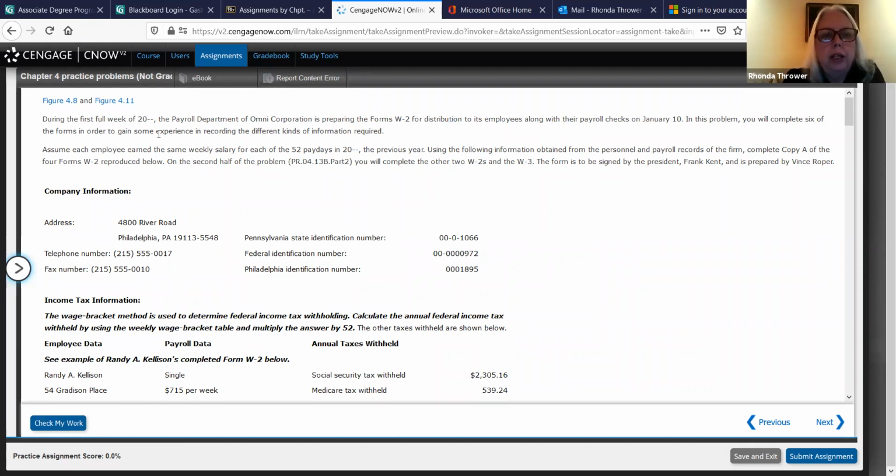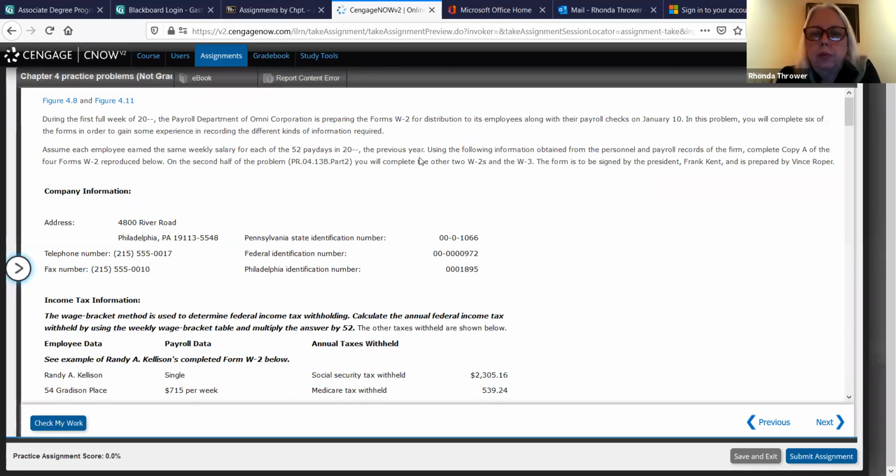During the first full week, the payroll department of Omni Corporation is preparing forms W-2 for distribution to its employees, along with their payroll checks on January the 10th. In this problem, you will complete 6 of the forms in order to gain some experience in recording the different kinds of information required. Assume each employee earned the same weekly salary for each of the 52 pay days in 2021,